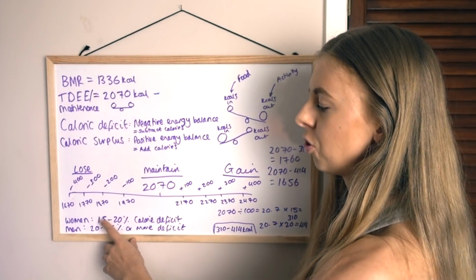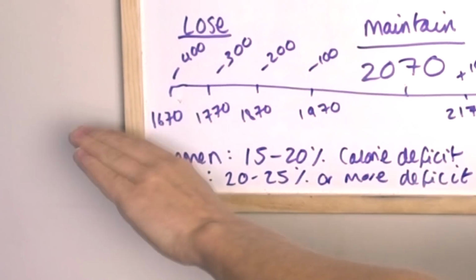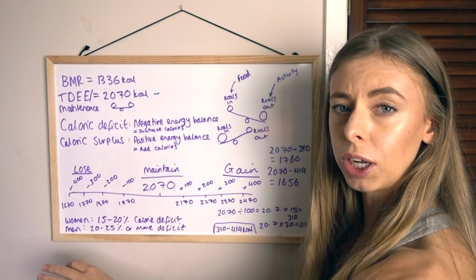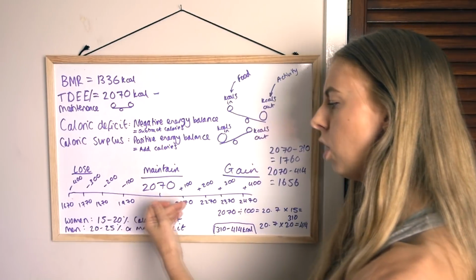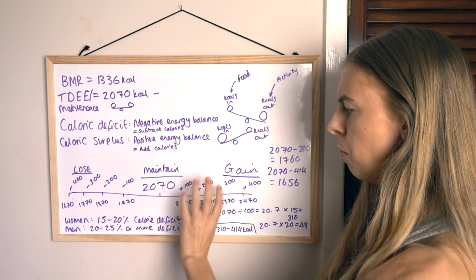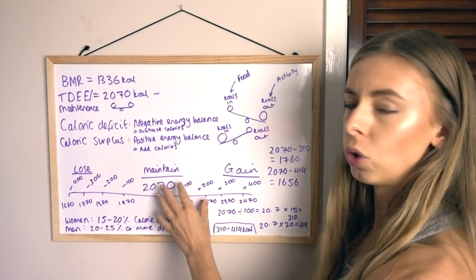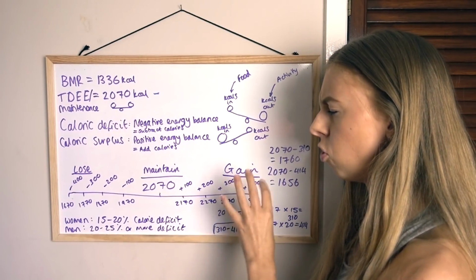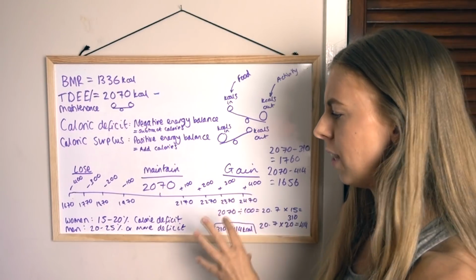So generally I prefer to go more slowly down the ladder with women, whereas men can go into things a little bit more aggressively when it comes to dieting. And then the same with the other way too. We may stay down here a bit longer in the lower range for women, because some women have issues with increasing calories too quickly. It can be a bit of a mental strain. And the same thing applies to some men in this situation too,